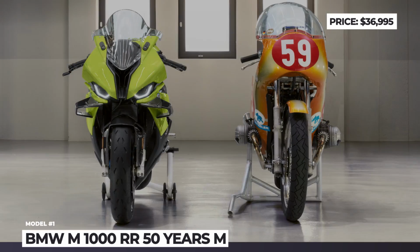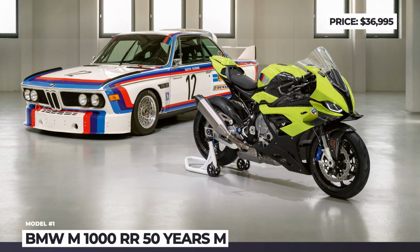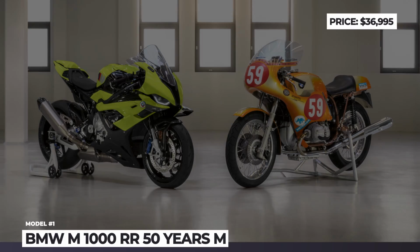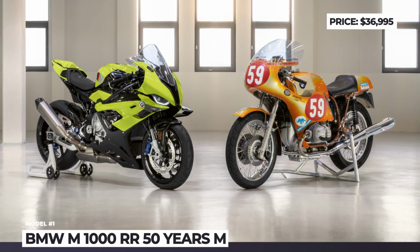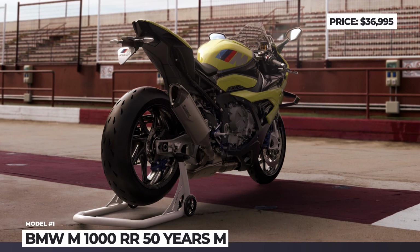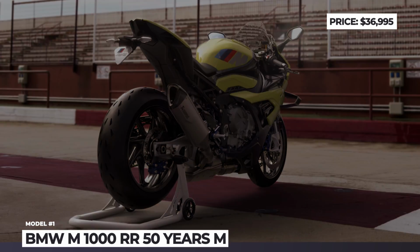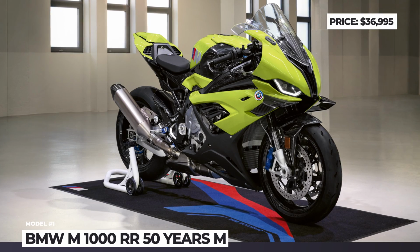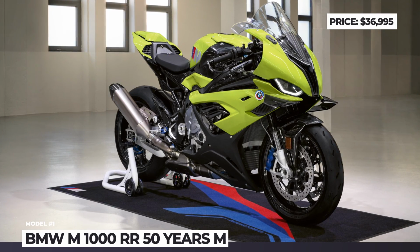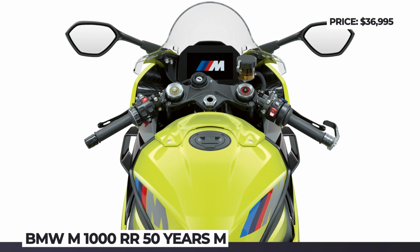The newcomer is still powered by the mighty water-cooled inline four-cylinder that makes 205 horsepower at 13,000 RPM and 83 pound-feet at 11K. The anniversary model sports an exclusive Sao Paulo yellow livery, historic 50 years BMW M emblem, and standard 7 riding modes, 6.5-inch TFT display, and a complete set of M packages: M competition, M milled parts, and